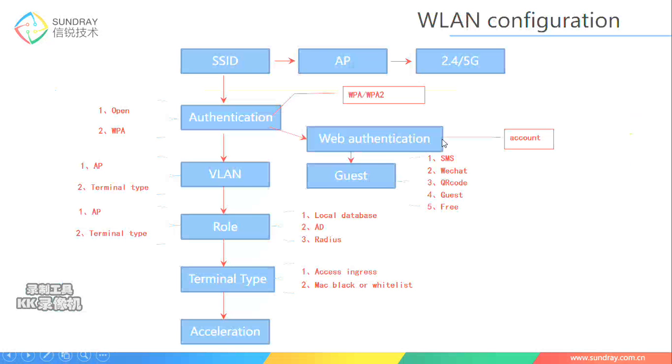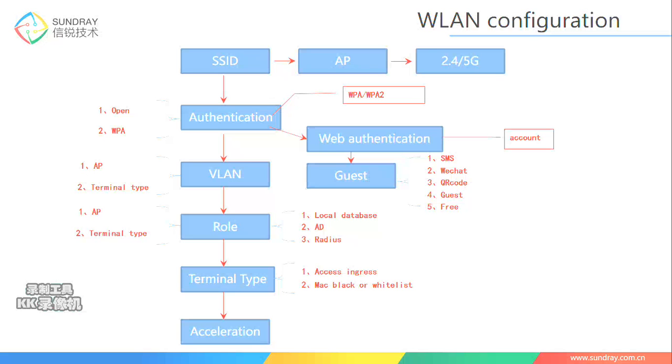So for set up the SSID here, first we need to select which AP will give out the SSID signal, and we choose which brand, which radio for this SSID. We have 2.4 or 5.8. And the second is we set the authentication method, and the authentication method we can choose open or WPA or